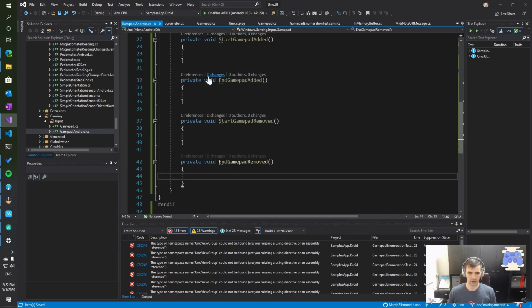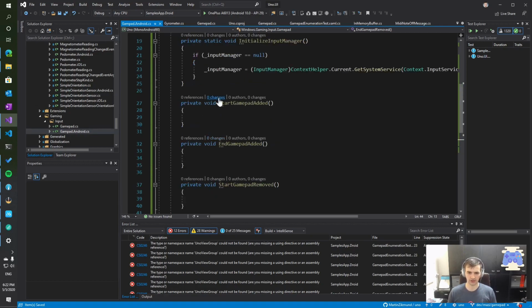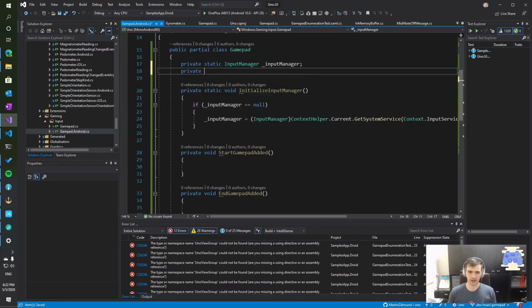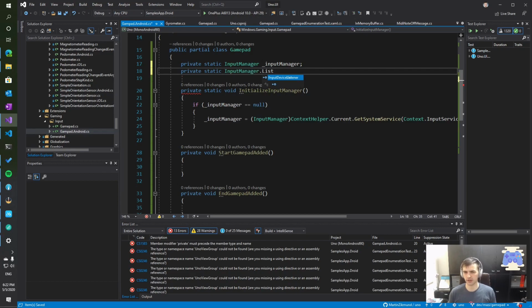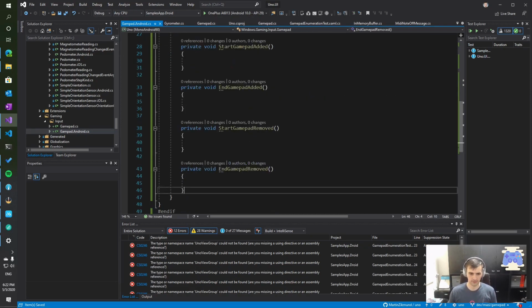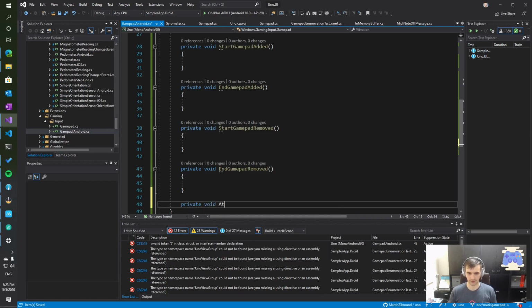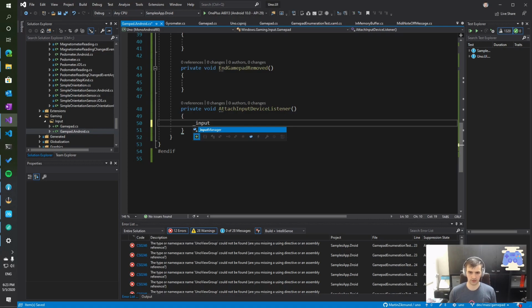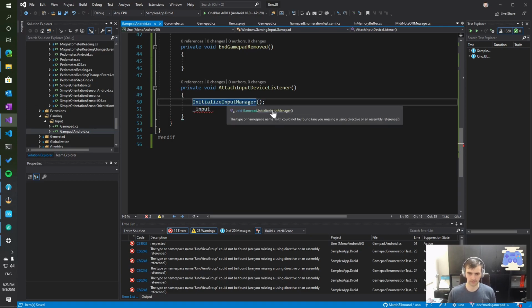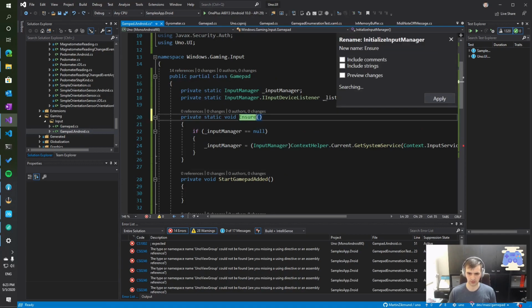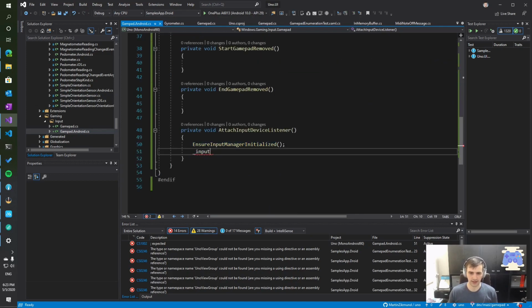So all these methods, the end methods, will stop the observing, actually remove the listener from the input manager, and the other ones will start listening. So input manager listener, input device listener. It's gonna be the listener we want, so we'll make a special method for this here, which will go, maybe I can move the initialization logic here. So let's initialize, or let's name it ensure input manager initialized, and then we